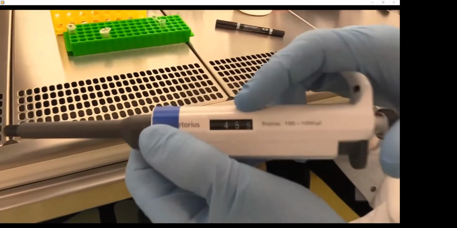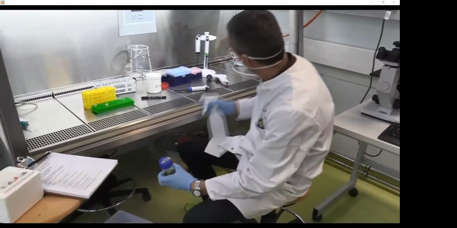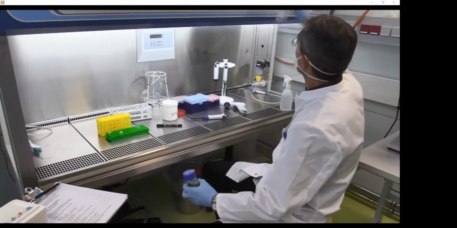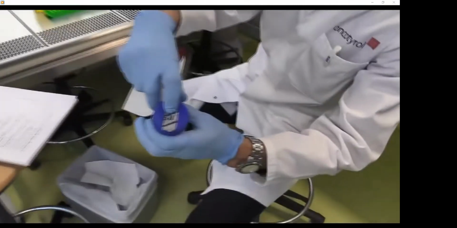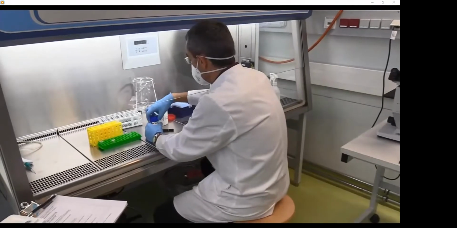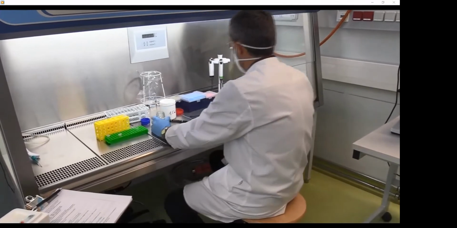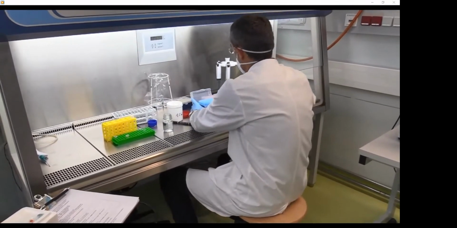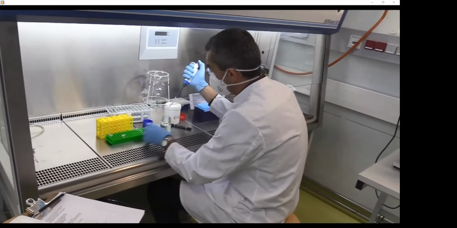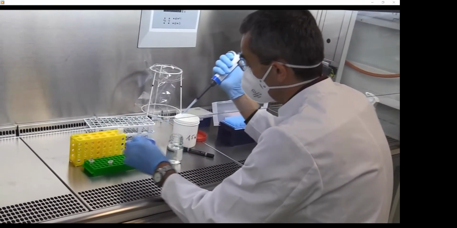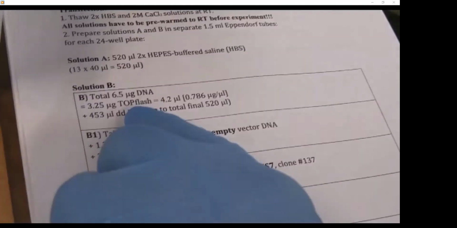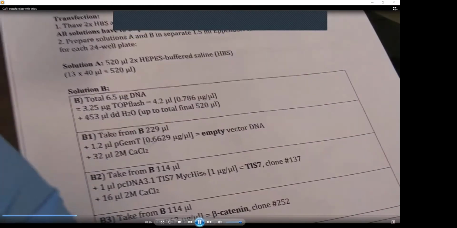Here we need 556 microliters because it will be at the end A and B 1:1, but what we need is water plus calcium chloride and DNA, so that gives us this 520 altogether. Autoclaved water is also important to handle, as every solution in the tissue culture, in a sterile way: clean the bottle with ethanol. And then it's important to notice that in the protocol, it's always a master mix,